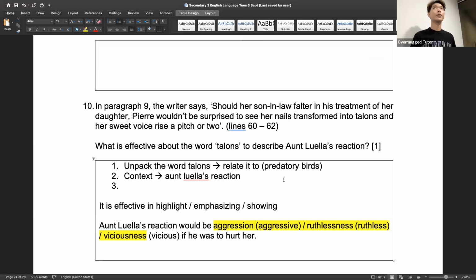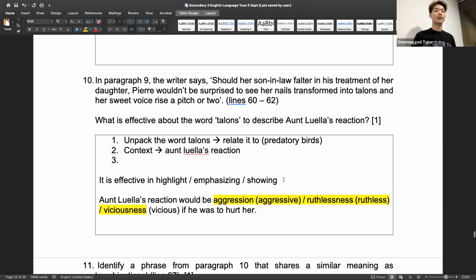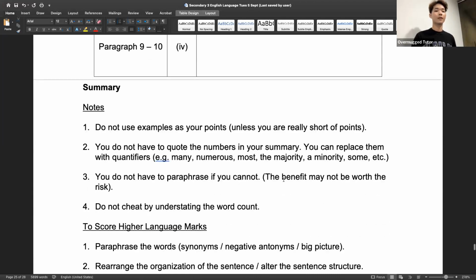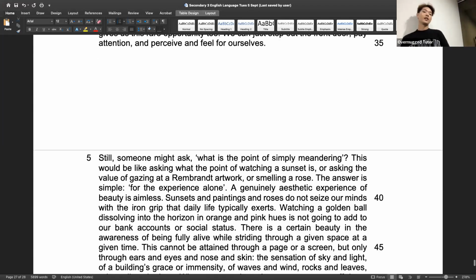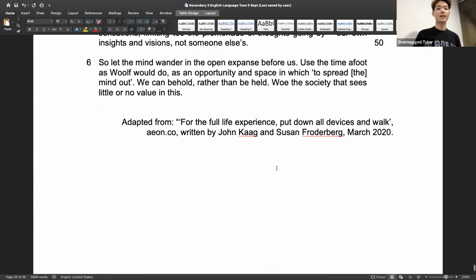Okay, we have 3 more parts to go. I'm thinking if I can do it. Let me think. I want to do the summary, but okay, let's do the summary together. Let's go all the way. First, we'll come back to something later, but let's do the summary first. The question of the summary is,